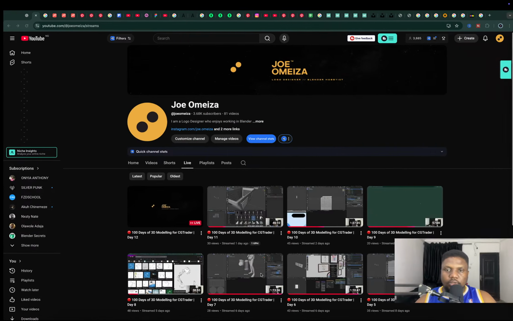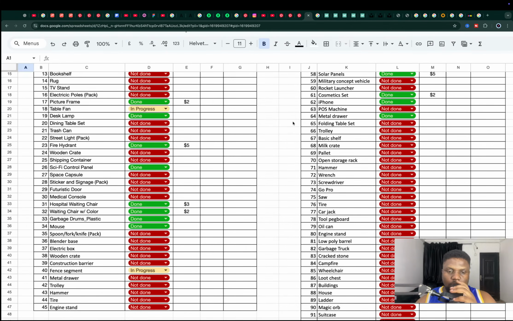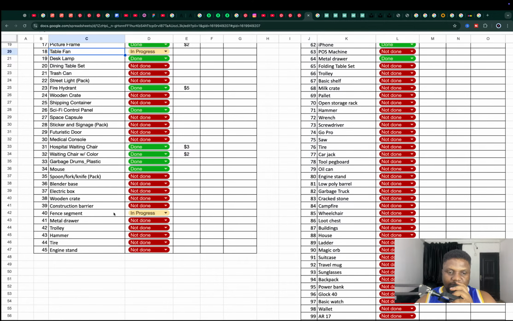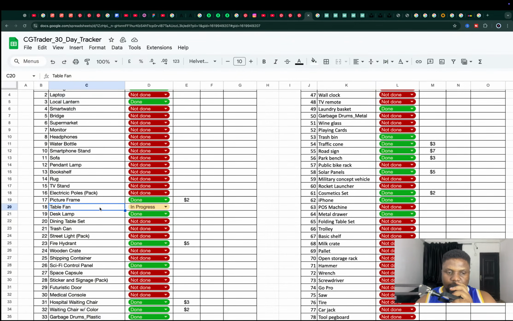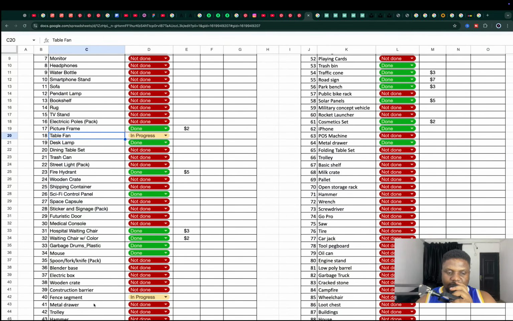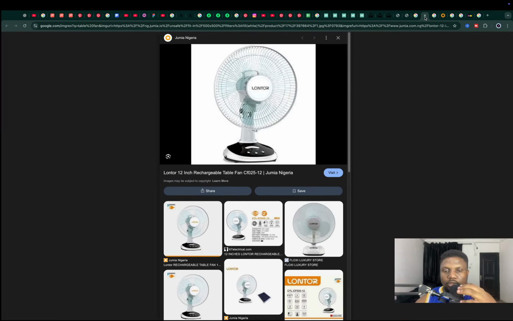So yeah, let me just fill you in with what we are going to be modeling for today. For today, we have a table fan and we have fence segments, right? For the table fan, I already have some references that we're going to go through, and for the fence segment, I have some references too. I'm going to start with the table fan because I feel like I should get through the hard one. So the moment I switch to the next stream, I'm doing something more relaxed and chilled and not something so difficult. So yeah,